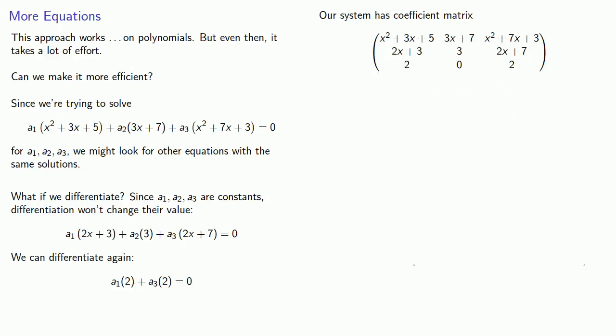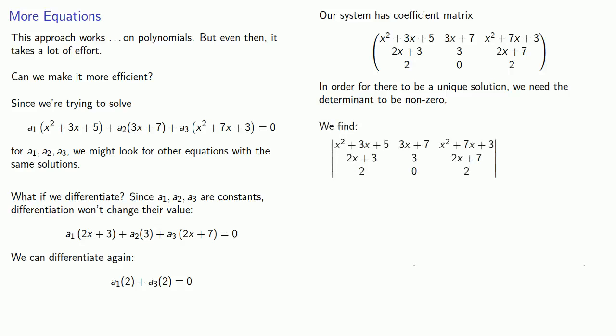What we'd like is for there to be a unique solution to our original equation, which means there has to be a unique solution to our system of equations, and that will happen when our determinant is not equal to 0. So let's check out that determinant. We note that the third row has constants and a 0, so we might try to expand along that third row. So expanding our determinant along the third row gives us,